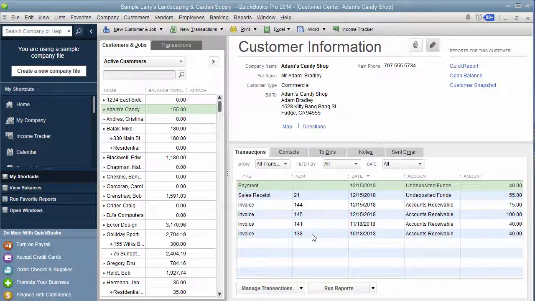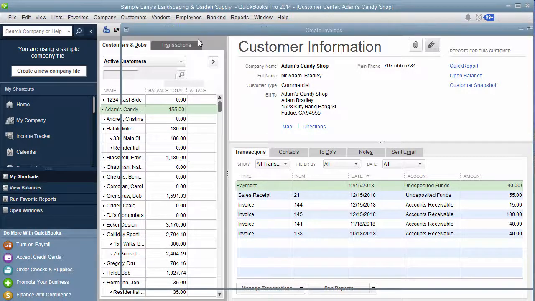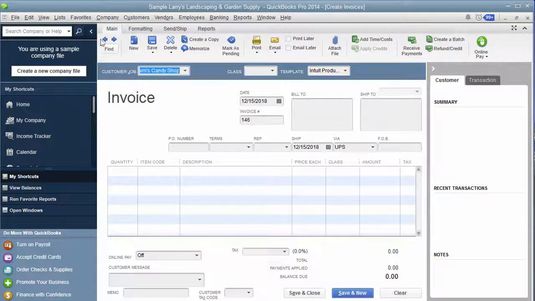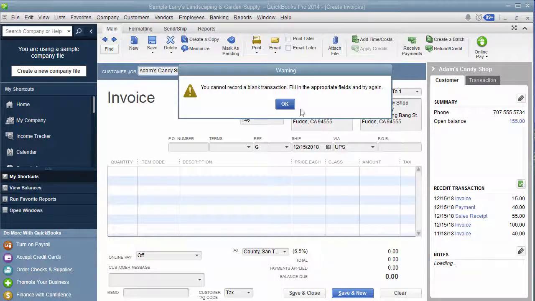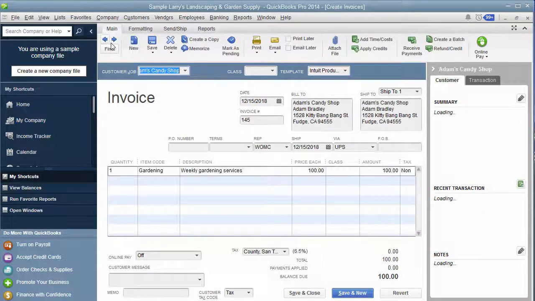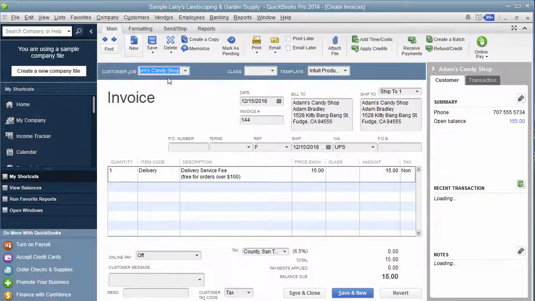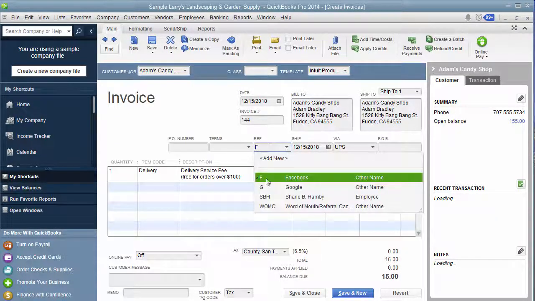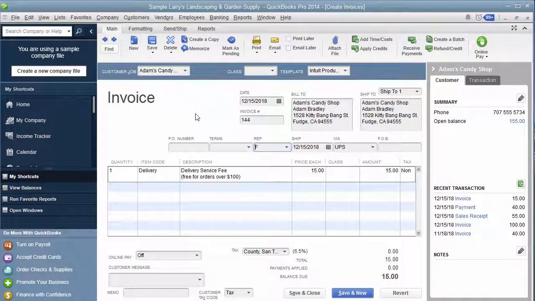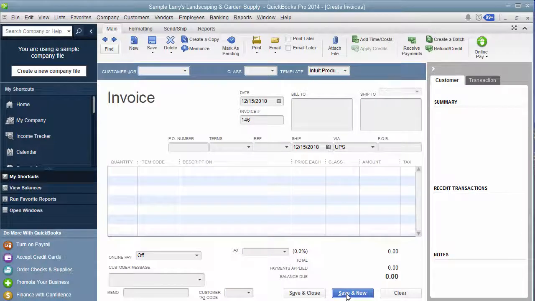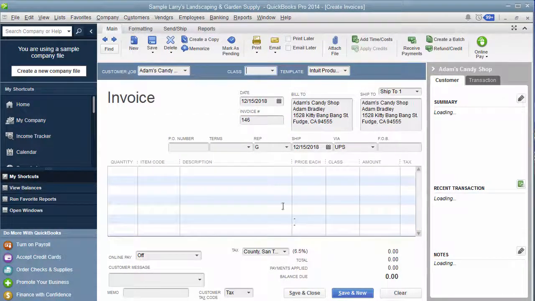Now what you can do is actually put a rep on each individual invoice. So if we go in here to create an invoice, I'm going to hit the back arrow. I actually just got done creating one a moment ago, and I did Andy's Candy Shop as word of mouth, Candace. And then I also did one for Andy's Candy Shop, and I put it as Facebook. So I'm going to create another one as Google, and I'm going to show you how you would see each of those, okay? So you go in just like you normally do to do an invoice. I'm going to select the rep as Google.